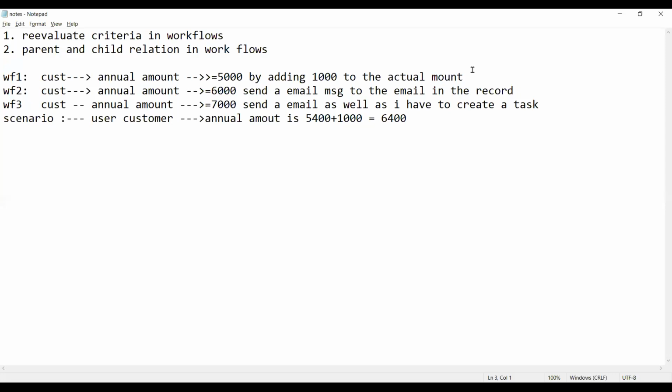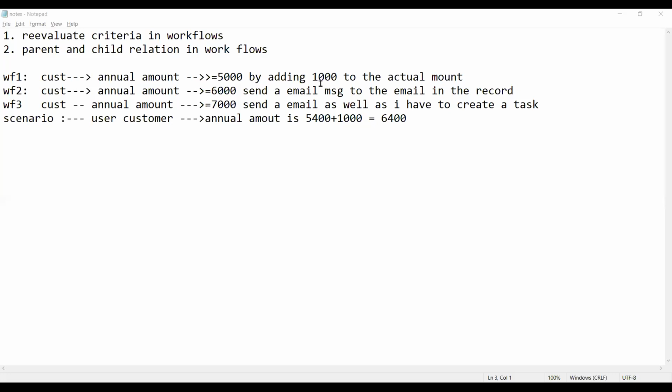In a parent-child relationship, the workflow is possible from child to parent, but not from parent to child. Because whenever you are updating the records in a child, the workflow cannot understand which child it needs to update. Whereas in the child to parent relationship, the record has only one parent, so the workflow rule can understand which record it can update. So the vice versa, updating a record from parent to child in workflows, is not possible.